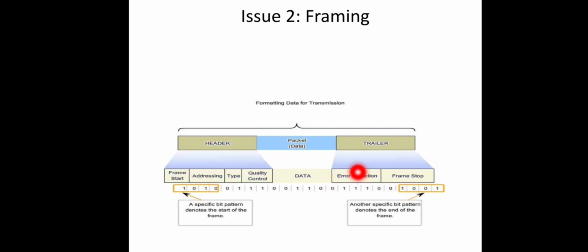And this entire frame will be handed over to the physical layer, where this frame will be treated as a raw bit stream, just zeros and ones, right? Everything will be treated as a sequence of zeros and ones in the physical layer, and this bit stream will be transmitted over the media. And inside the media, a lot of errors may be introduced, especially if you are using a wireless medium.